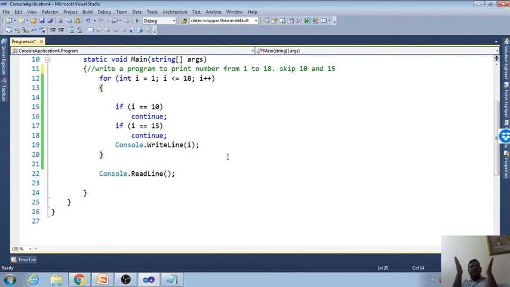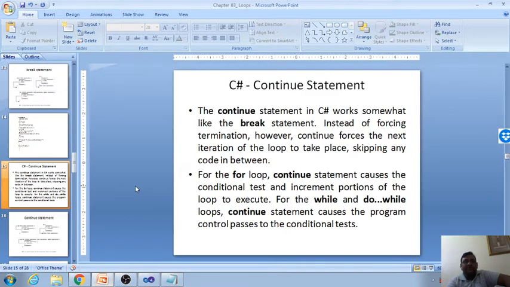So this is about the loop. We studied the for loop, the while loop, and the do while loop, and I explained to you the difference between while and do while loop. I also explained the description of the for loop, and I gave you a lot of examples using the for loop, while loop, and do while loop. For your practice, whatever programs I explained using the for loop, practice them with the while and do while loop. Come to the next.